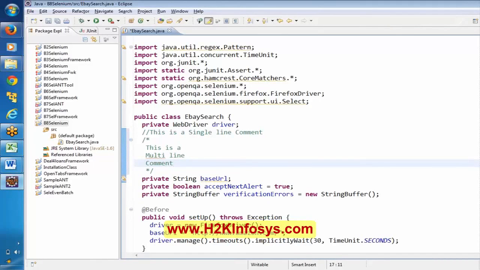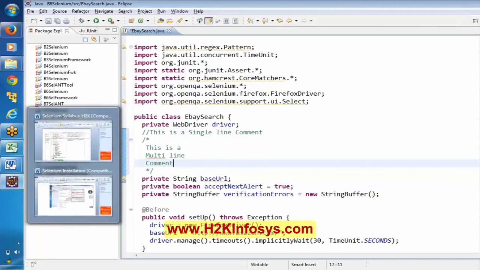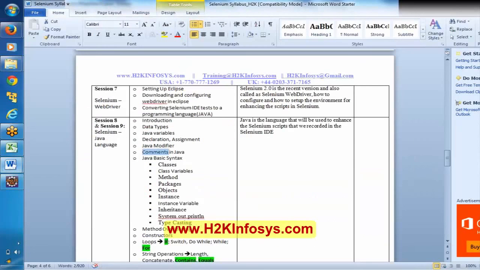If you want to comment multiple lines, you can mention /* and again */. So this is how we can comment our logic in two ways. We will discuss Java basic syntax in the next session. It is going to be very, very important.